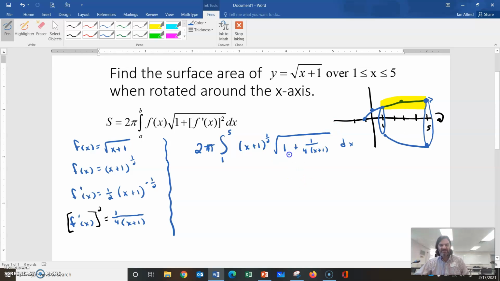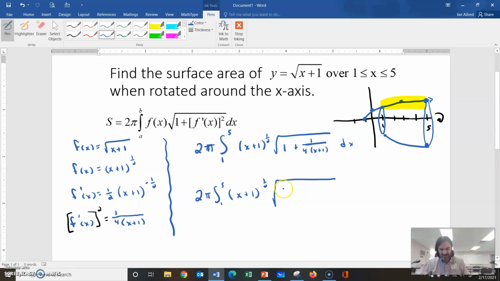So we've got this whole number and fraction underneath the square root. So let's try and make that one big fraction under there. That may not be your first thought, but we'll keep the 2 pi from 1 to 5, and we'll keep the x plus 1 to the 1/2. But under the square root,